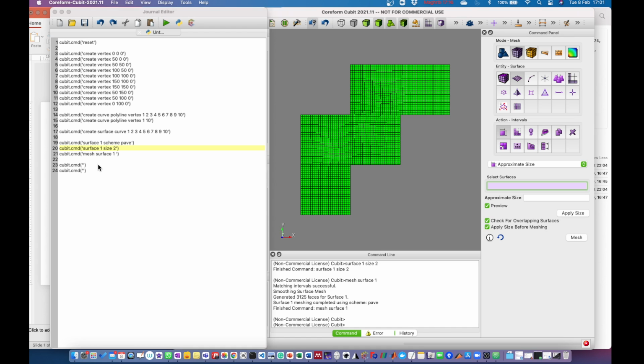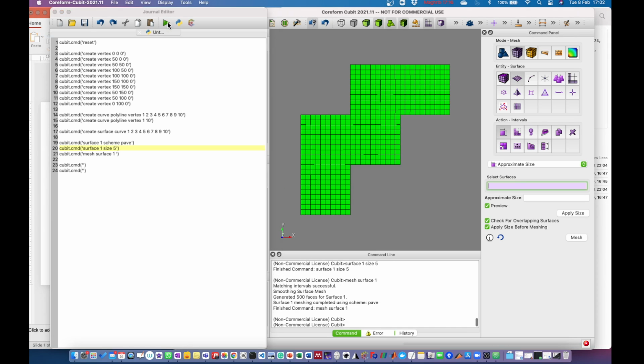Okay, so after doing that, now if we want to go back to the 5, it is that simple. Now another thing is that we want to create boundary conditions. One is here, where we want to apply the displacement boundary condition, and here we want to apply the load. The load we want to apply is not at one node, but